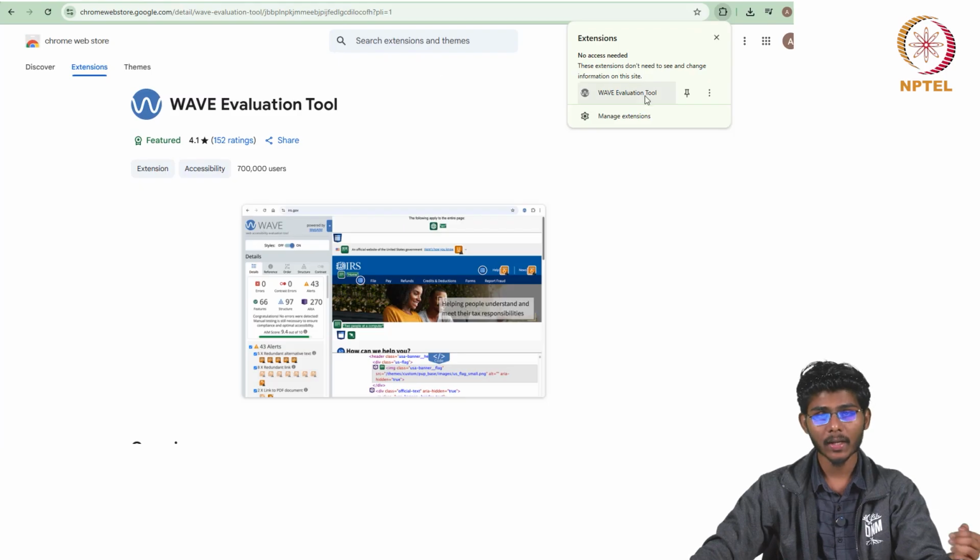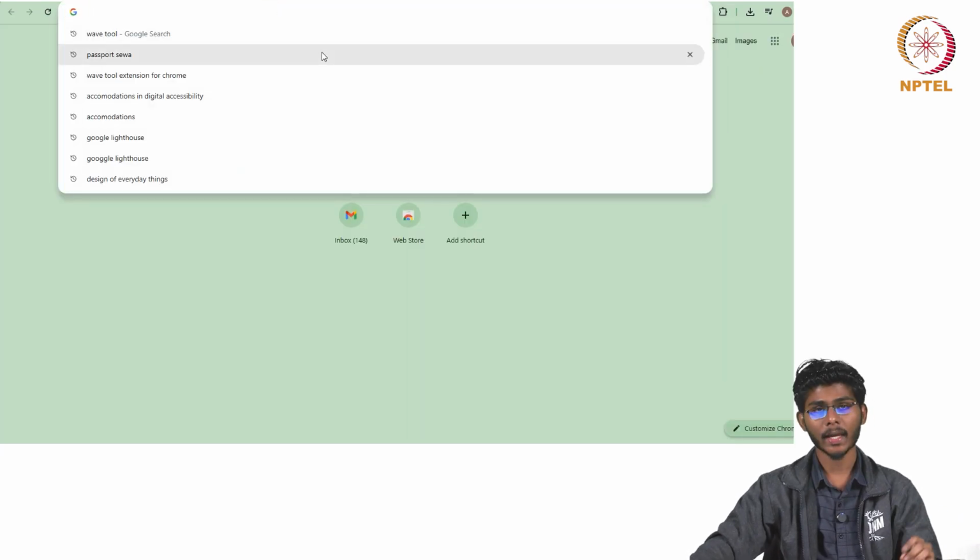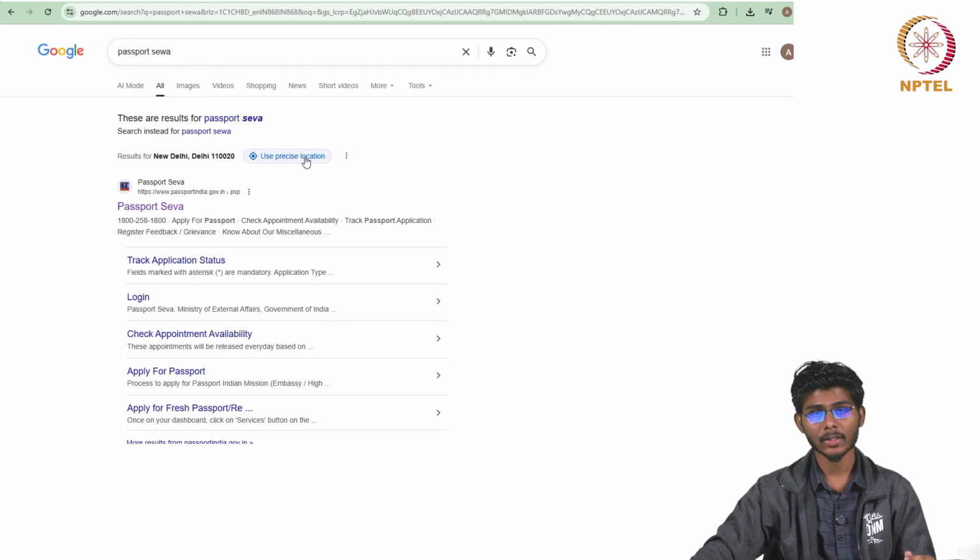So, how to test the Wave evaluation tool? Let us take an example of any web interface, suppose the Passport Seva portal. As you know, the government Passport Seva portal has many accessibility issues, and it is much more challenging for elders or anyone, compared to other interfaces.